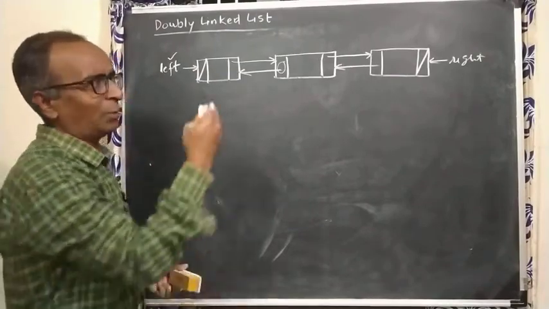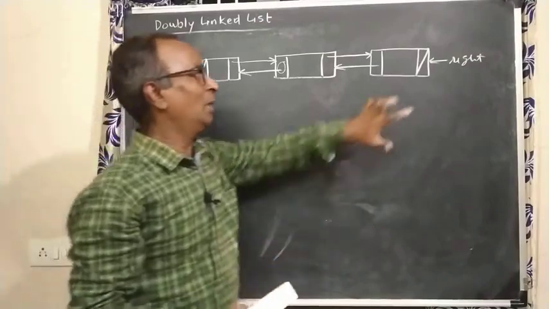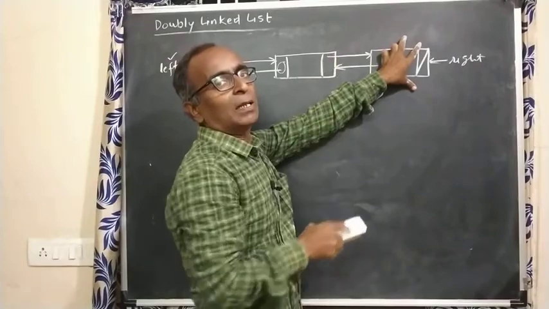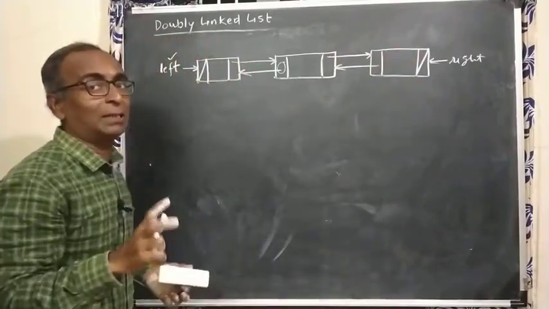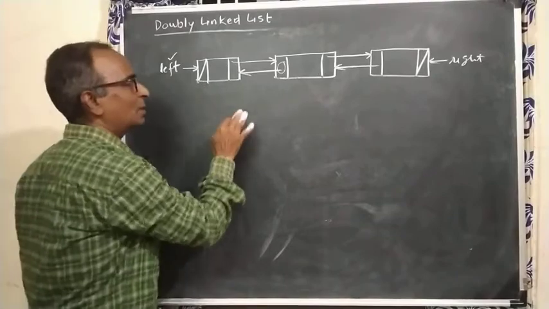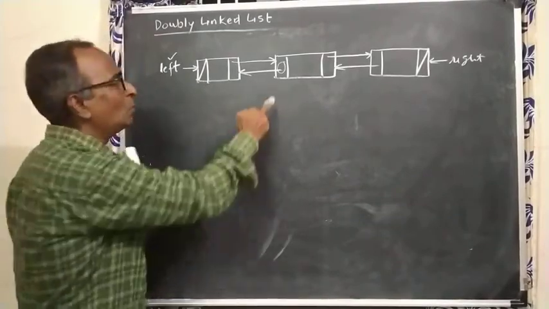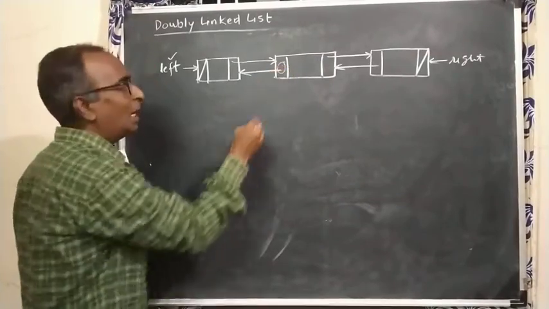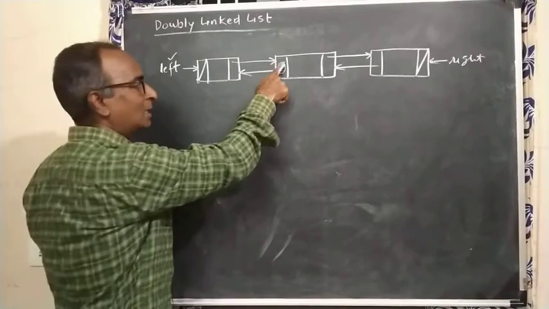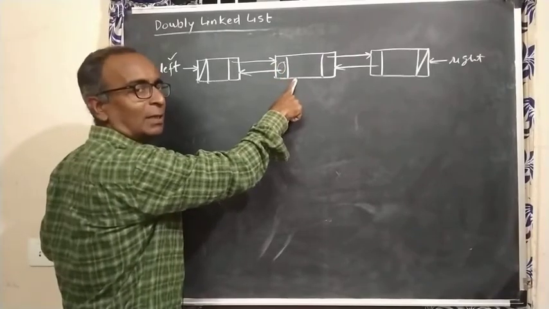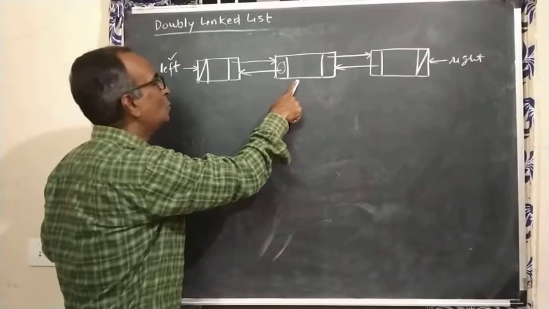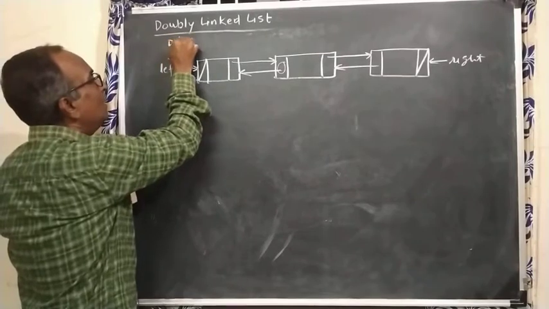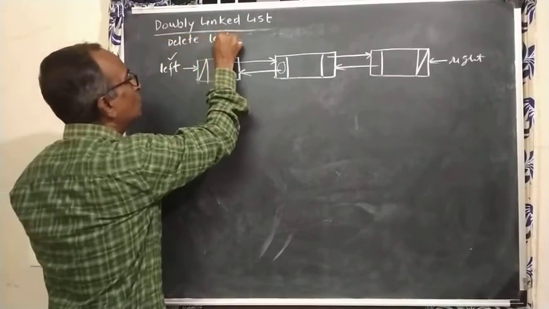That's it. For the rightmost node also the same thing. If I want to delete, this successor's predecessor field will be made null. So how to access that is important. Now suppose I am showing you how to access this field. I want to change this first. How to access this field? For accessing this field I should have this node's address. Where is this node's address? See, I am deleting the leftmost node.